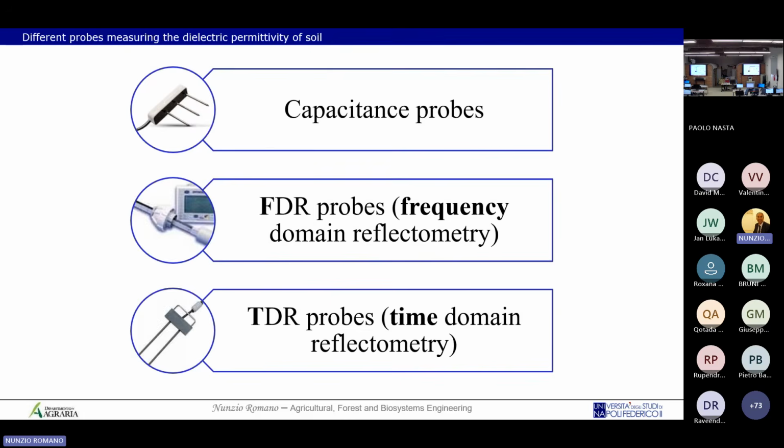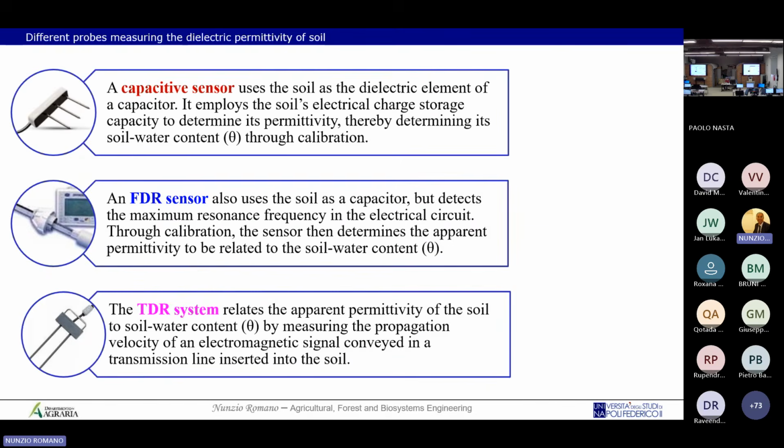So we have the three main different sensors that measure the dielectric permittivity: the capacitance probes, the frequency domain reflectometry, in the literature FDR, or the time domain reflectometry, very well known, the TDR probes. Well, just to understand from the electrical point of view, the difference. The capacitance sensors just